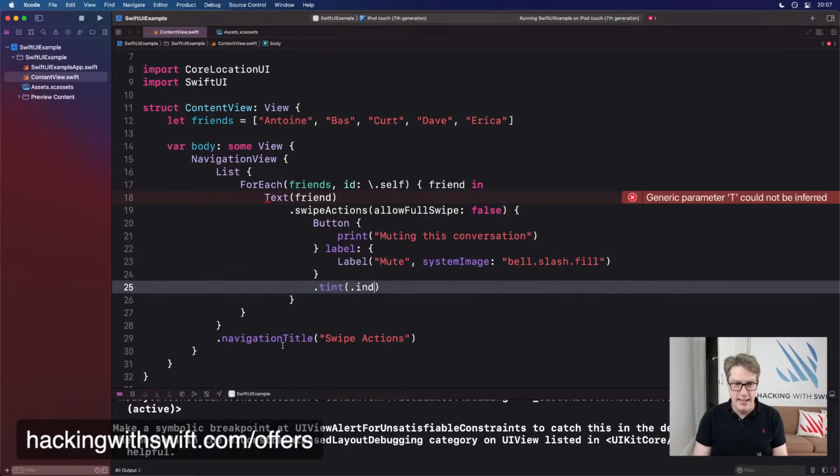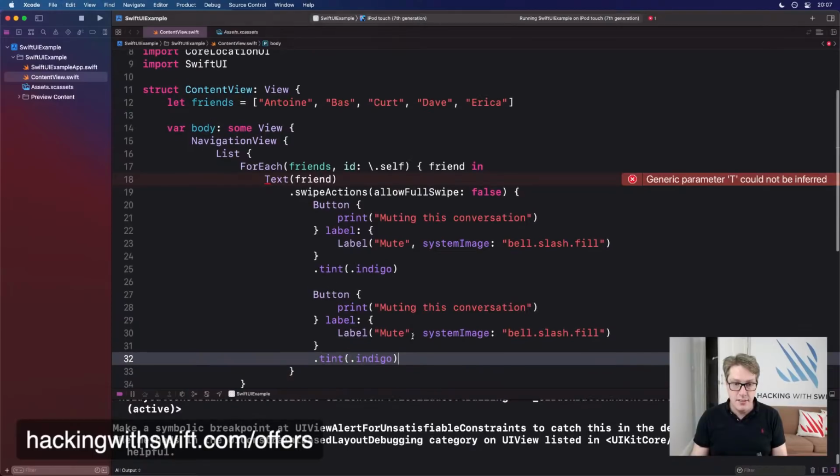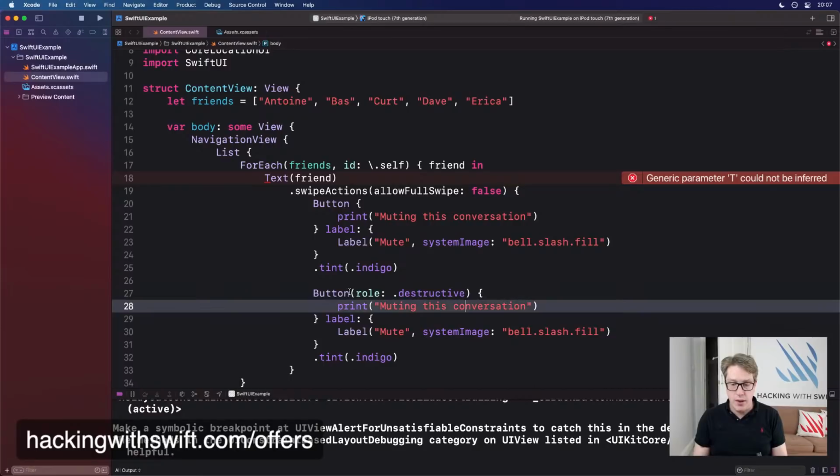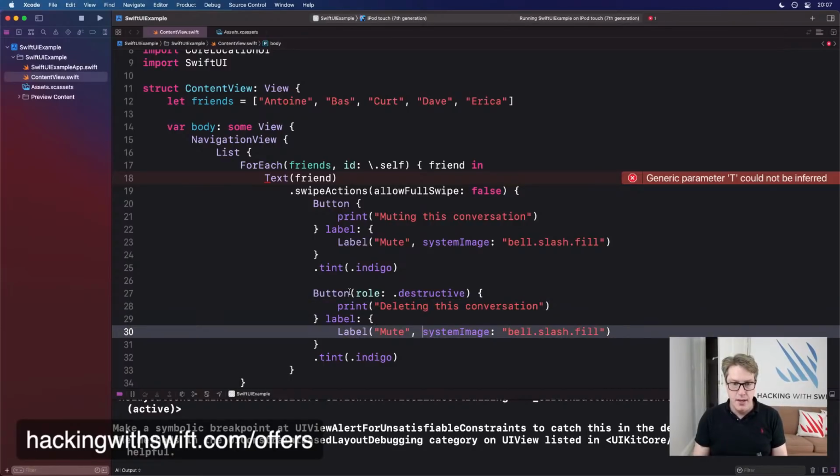And then I'll tint that in indigo. Beautiful new color. And then we'll have another button inside the same swipe action, this time with the role of destructive. So it's quite clear it's a bad thing. And then we'll say deleting this conversation. Label will be delete this time. And we'll do trash.fill.